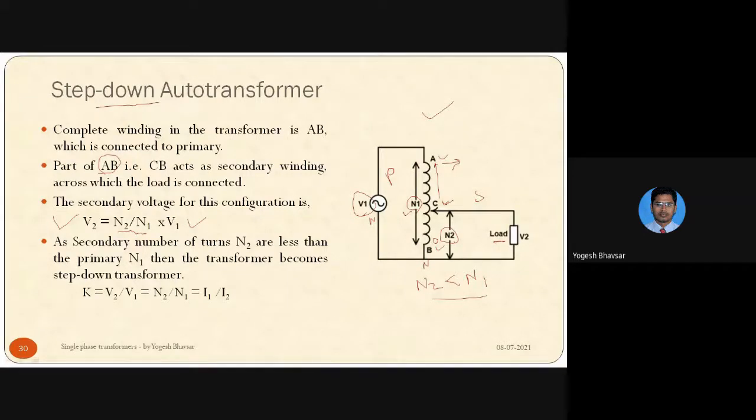So for this transformer, we call it a step down transformer. Maximum voltage will be at the input voltage. So A to B, the maximum winding N1 is equal to N2, whenever this C point is at A. So this is the maximum voltage condition. Therefore, again here it is written the transformation ratio K is equal to V2 by V1, N2 by N1, and I1 by